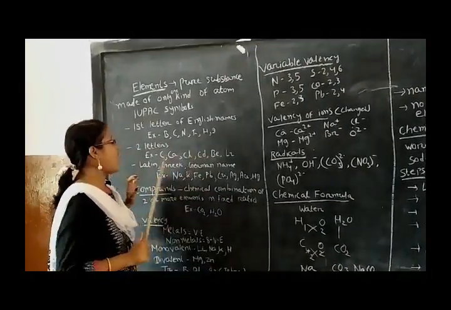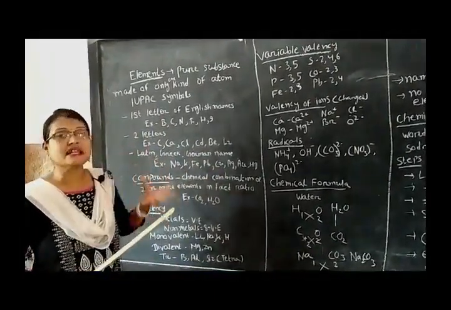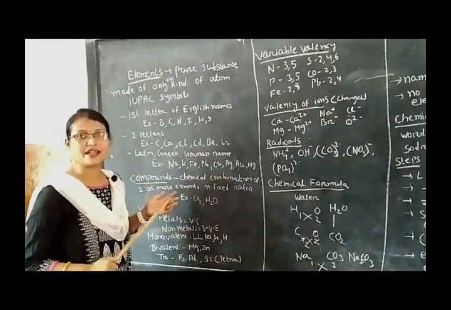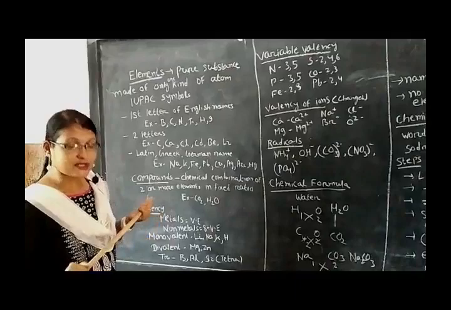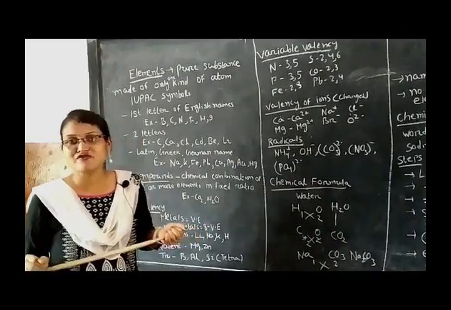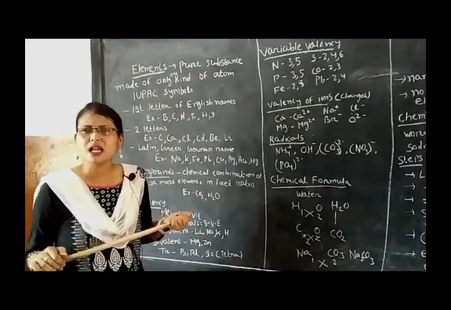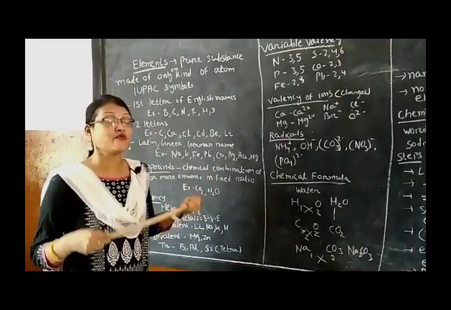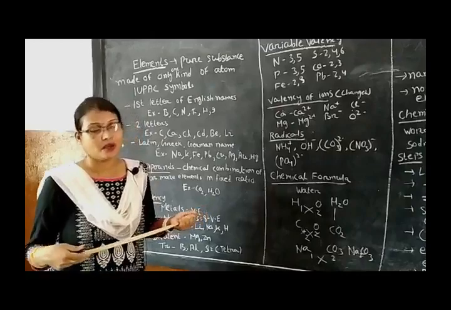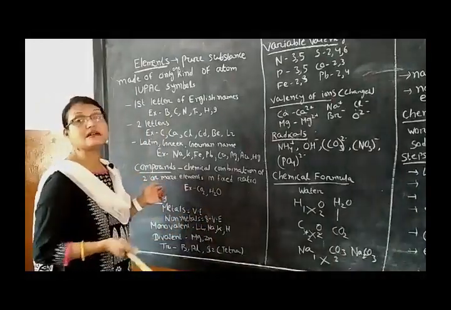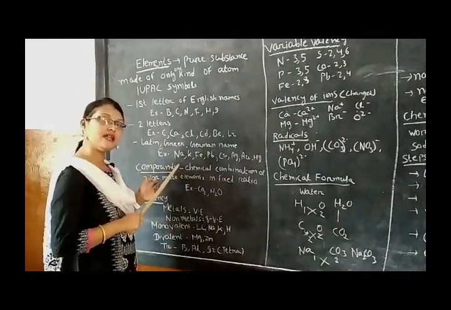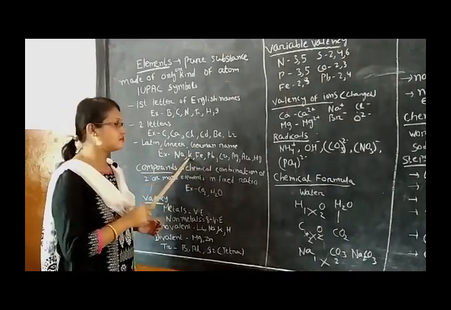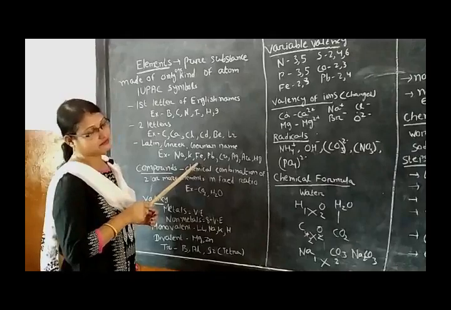After that, there are also some elements named according to their Latin name, Greek name or German name. For example, sodium. What is the symbol for sodium? It is Na, but it should be So or S or Sd, like that. So, why is the symbol Na? Because its Latin name is natrium. For potassium, it is not P, it is K, because it is kalium. For iron, it is ferrum, Fe.